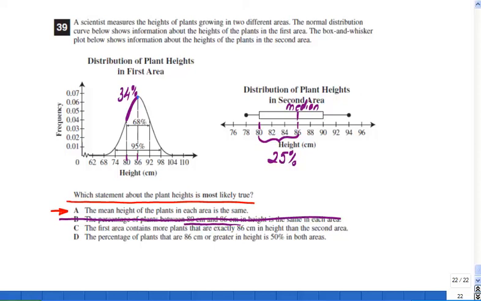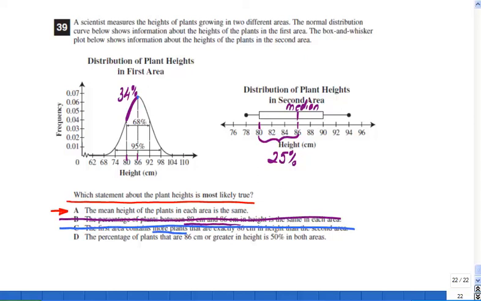There is nothing that tells me that. And comparing the two, a frequency of 0.06 out of how many plants in total, we don't know. Compare that to the second area that again doesn't tell me how many plants of 86 height I have. C cannot be